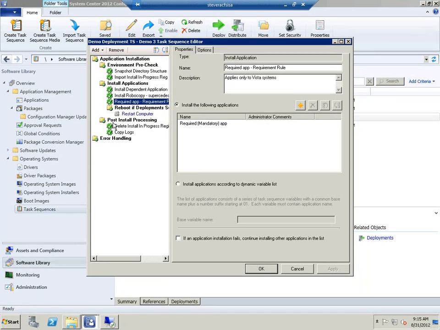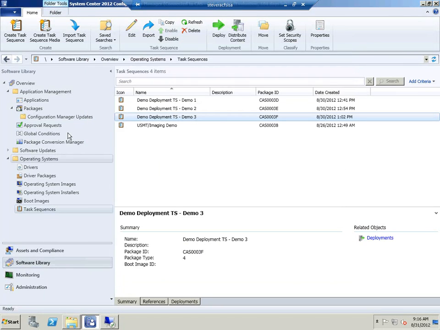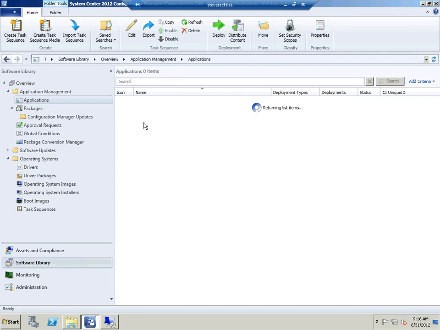It is a mandatory required application. So just to demonstrate how that part works in typical application deployment, I'm going to install it here. I'm going to tell it to install. It's required. But if I go look at the definition for this app,